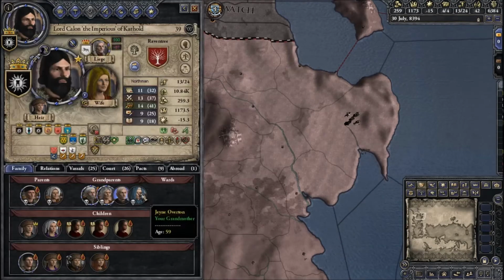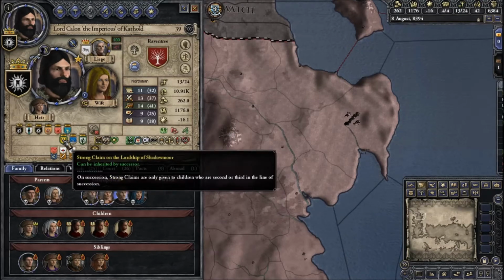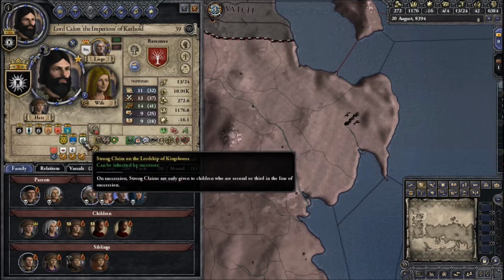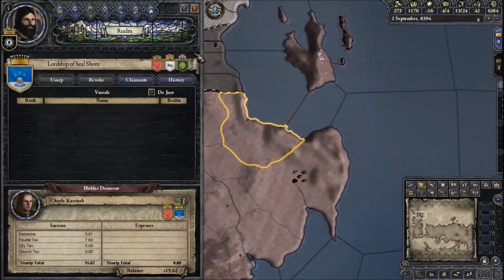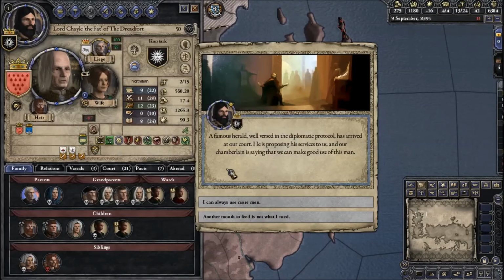Do I have any unpressed claims here? I have a claim on Shadowmoor, but that's under my rule, so there's no point in taking that back. King's House, same thing. It's held by one of my vassals. This is the only one, and it's currently under the Bolton banner, so I'd have to declare war on them